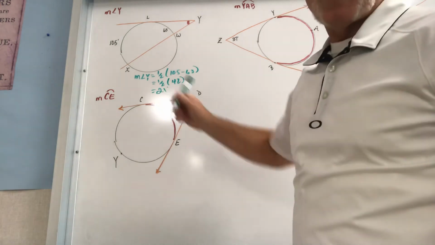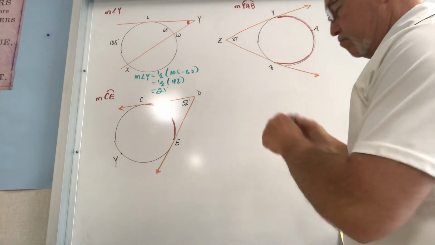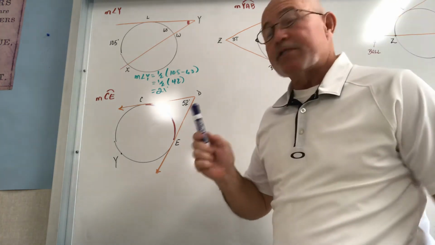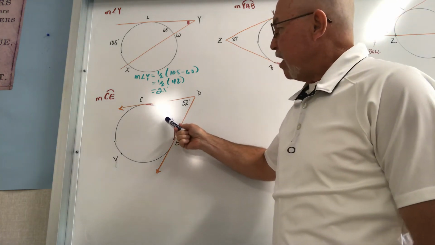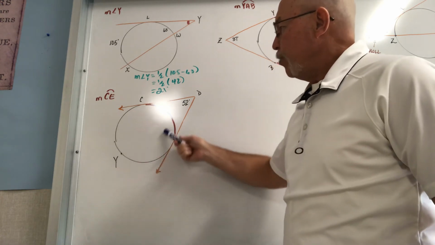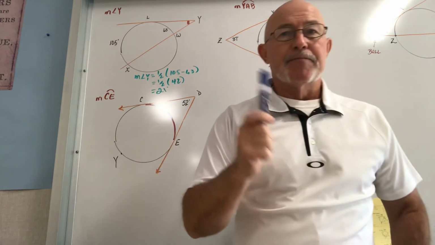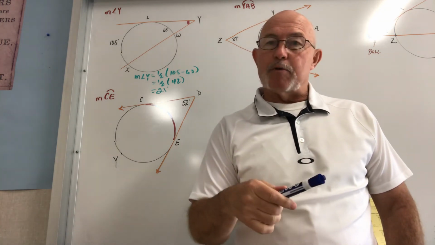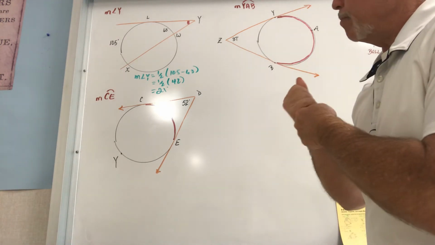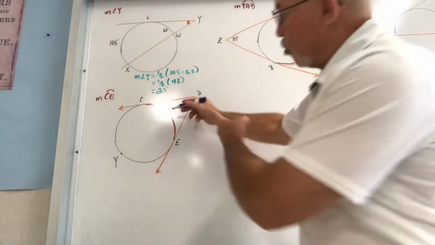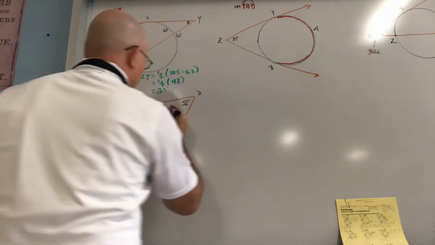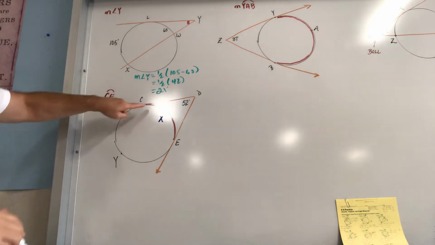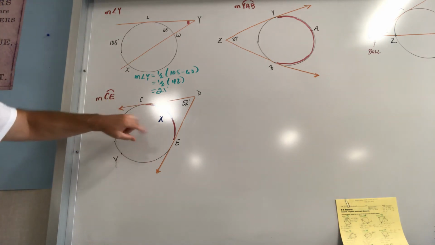So the measure of angle Y is 21 degrees there. Now, here's one of the ones I was telling you about. This is the arc we need to find, but we don't have any arc measurements that we know of. So we have to represent them with variables. So here's what I'm going to do. I'm going to call this arc CE x degrees. Which means the rest of the circle,